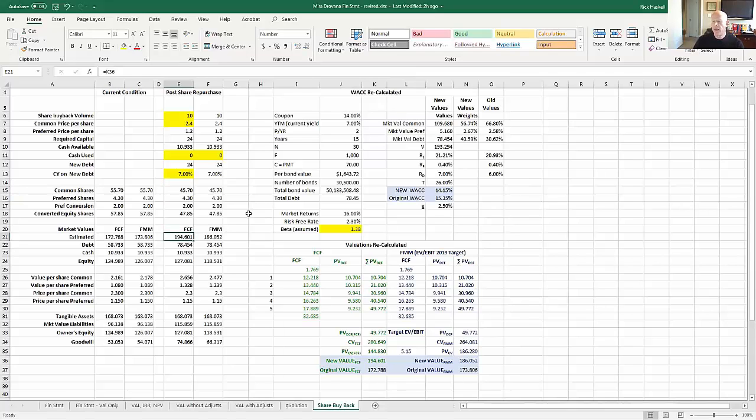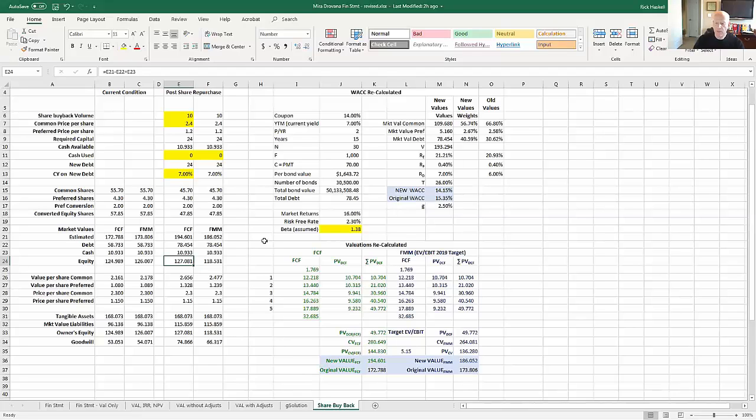So that brings about a 194.6 value against the estimated value. I've got 78.45 in the market value of my debt now. You'll recognize that changed a little bit because our cost of capital changed, and so the market value of our debt changed, against 10.93 in cash. And so as I take the estimated value minus debt plus cash, I then get an overall equity value of 127.08 for this company's common and preferred shares combined.